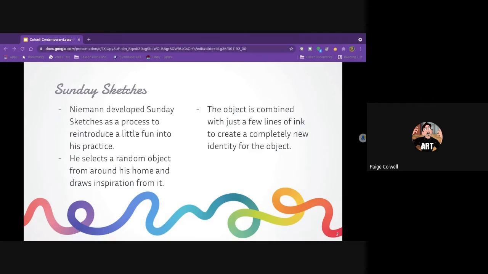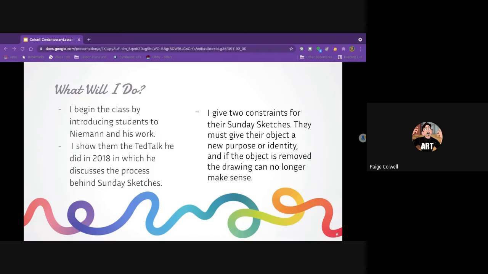totally different image. I have a slideshow that I made about Niemann that has a brief overview of his career and his life. And I go through that slideshow with my students. It includes also examples of his work and his Sunday sketches, as well as examples of Sunday sketches that my students have done in the past. It also outlines the lesson objectives and the only 2 rules for making a Sunday sketch,